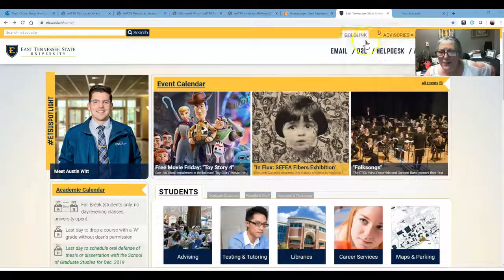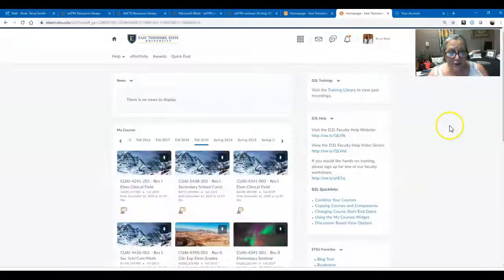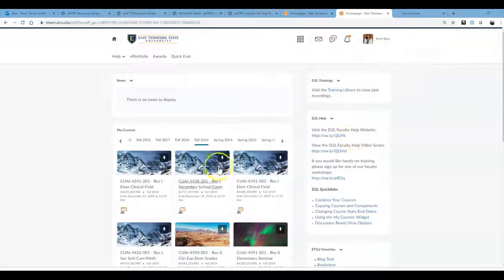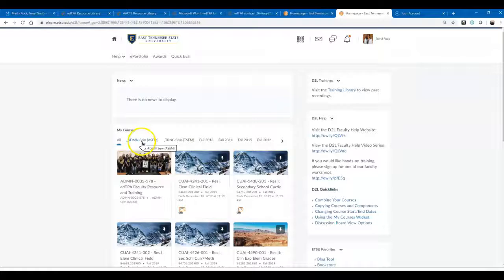So when you go to ETSU's homepage, all you need to do is look up here and hit D2L. That stands for Desire to Learn. And then here you'll see, and there might be some news, and if that's the case you would need to scroll down. But otherwise, you just go over here and you keep clicking, and then you'll start to see these admin sites, right? So just keep clicking over the admin sites, and you'll find the edTPA Faculty Resource